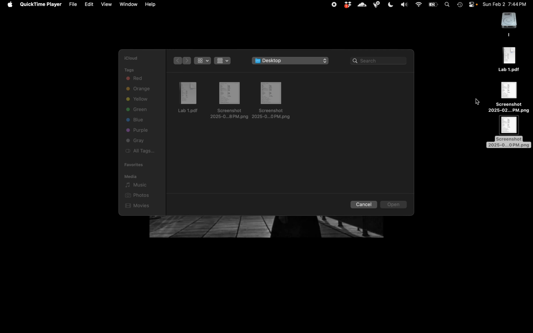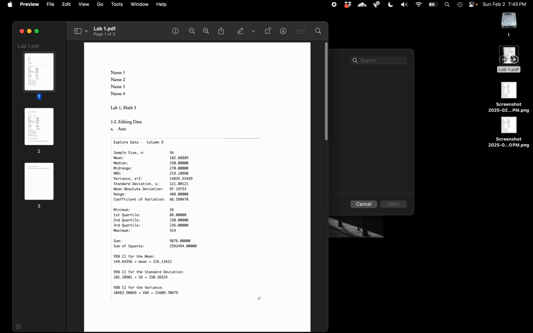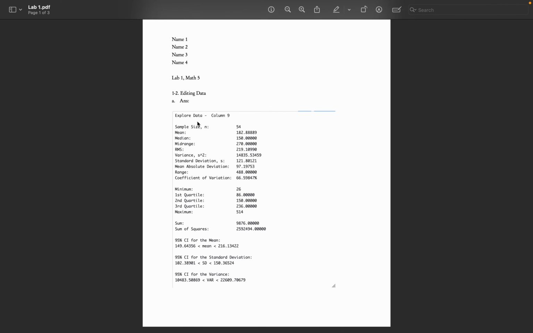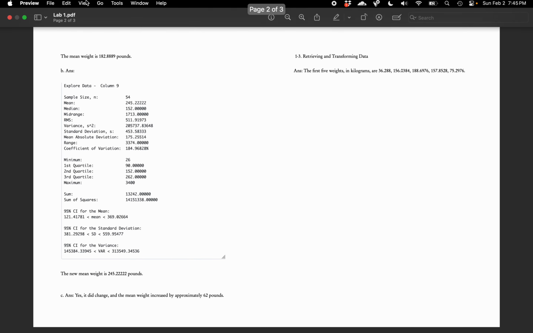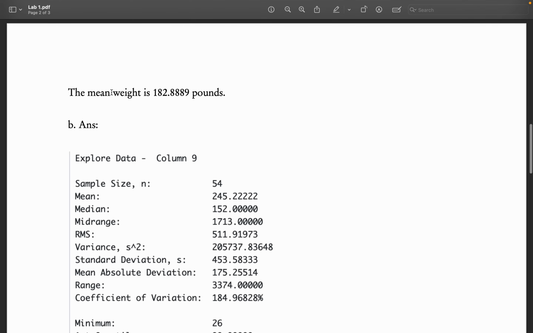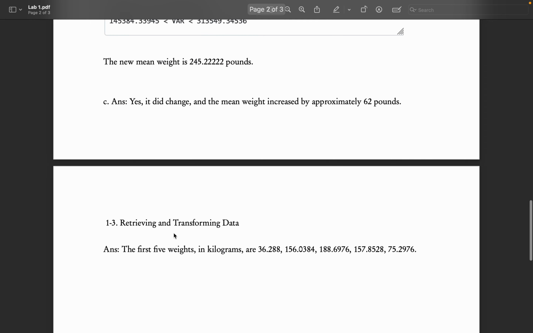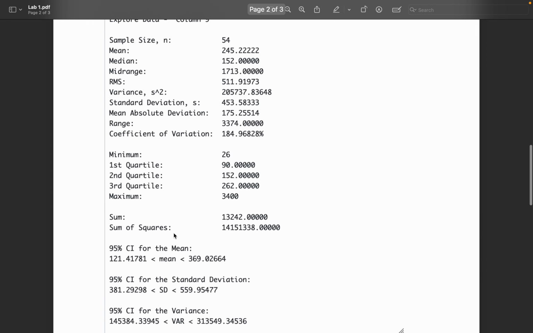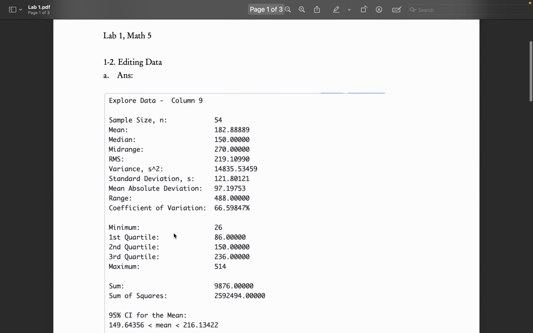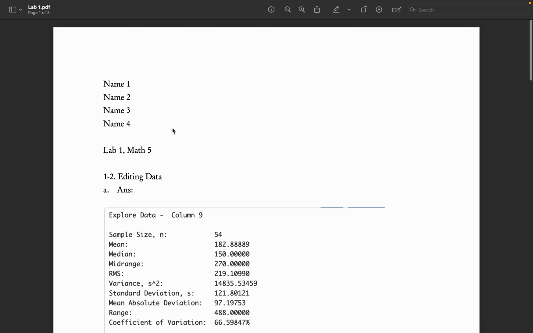So finally, we'll take this lab 1 here, which you can see right here. You can see this will also be on Canvas, and you want to upload this to Canvas and submit it for you and or your group. Okay, all right, great, and that's it.